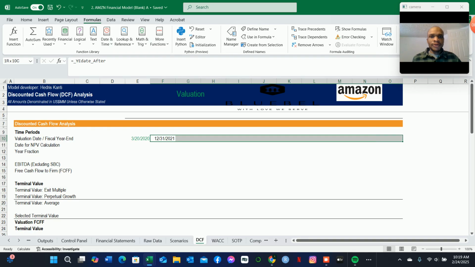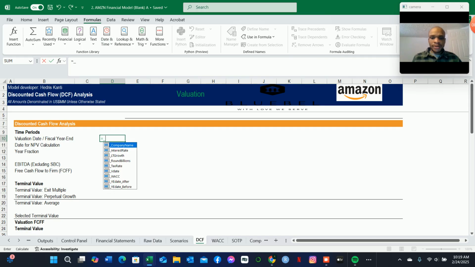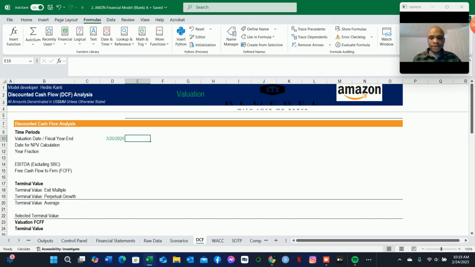Let us go one step back just to make sure that we are referencing the right cells. So in this case, underscore valuation date, and then underscore year end date after, and then going forward, it's going to be equal to,